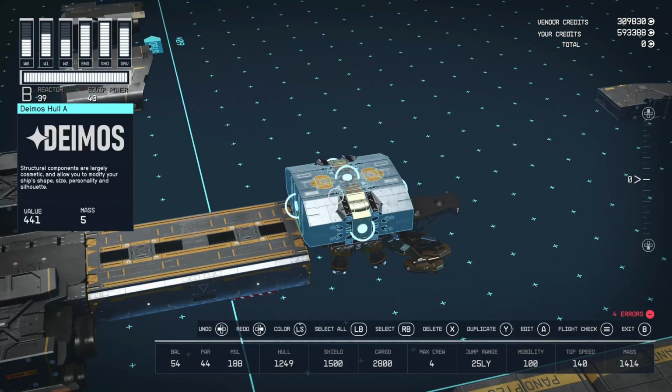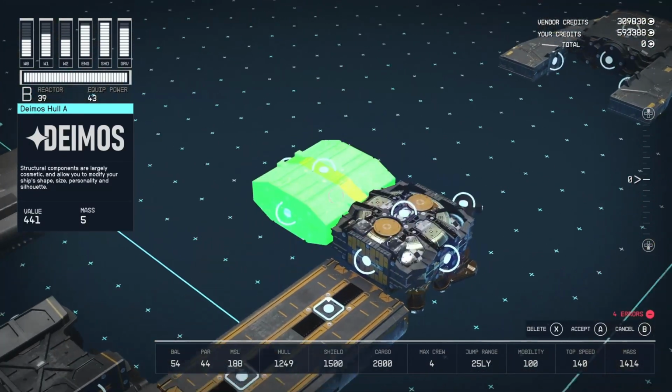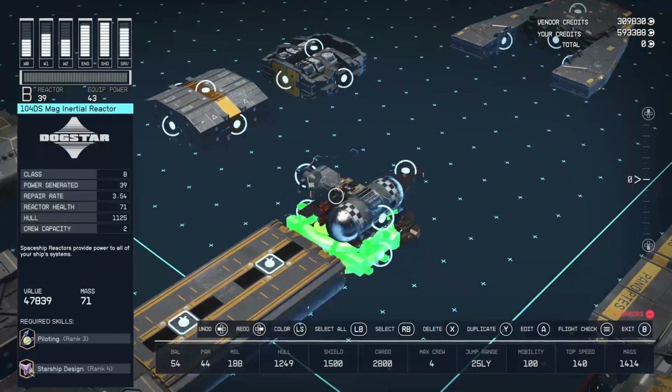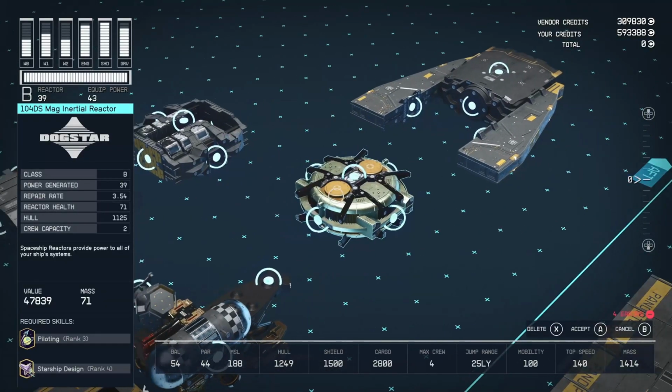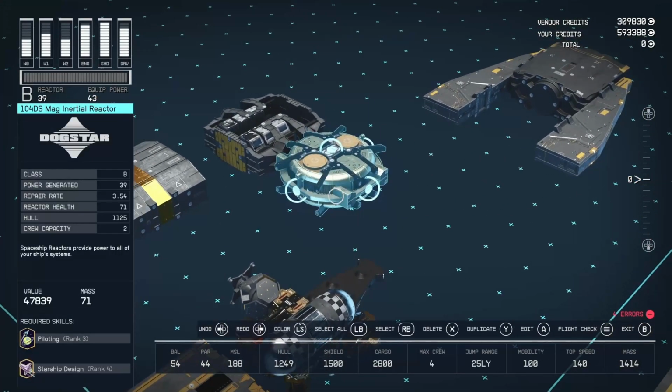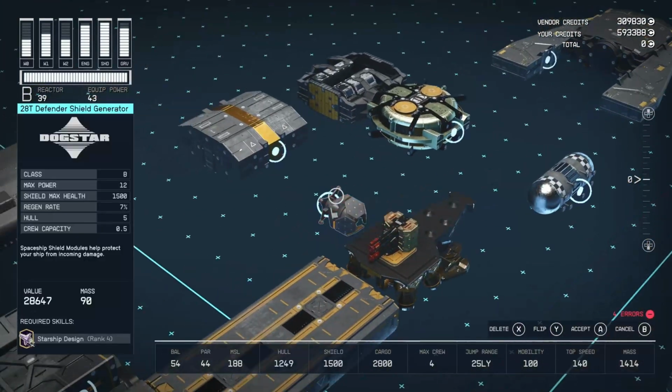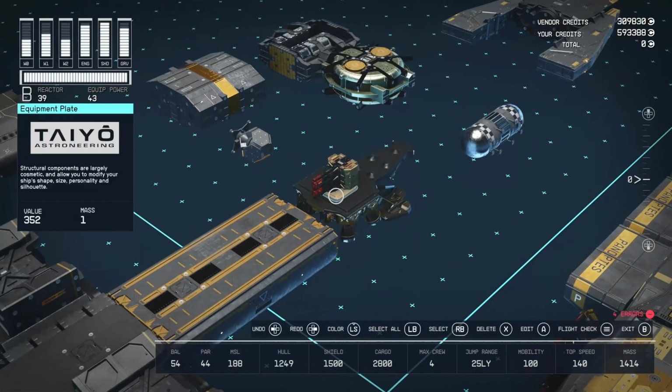And then we have merged in here, we have quite a few, so I'm going to show you. So we have a Deimos Hull A. We have an Aurora 13G grav drive. We have a 104DS mag inertial reactor. We've got the shield, fuel tank, and we've got...